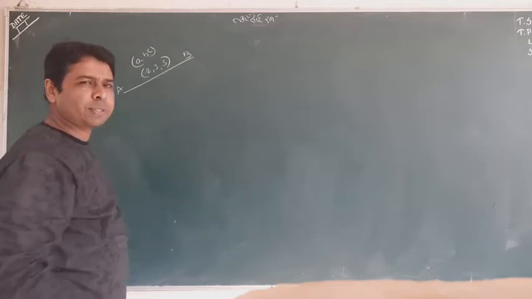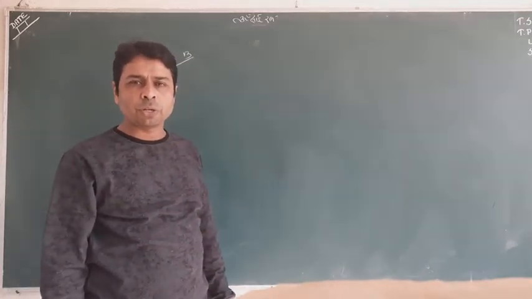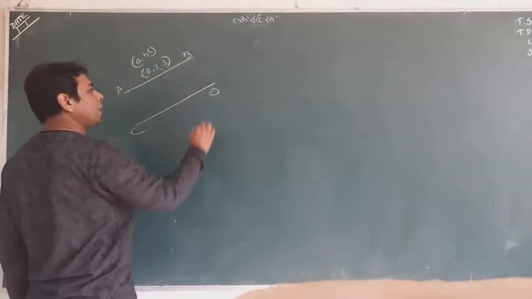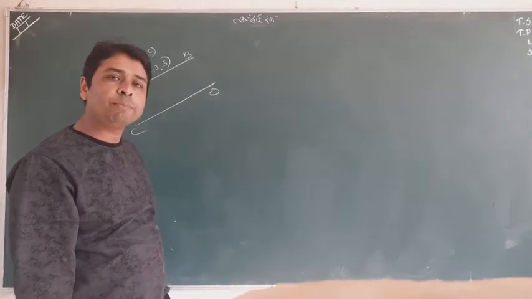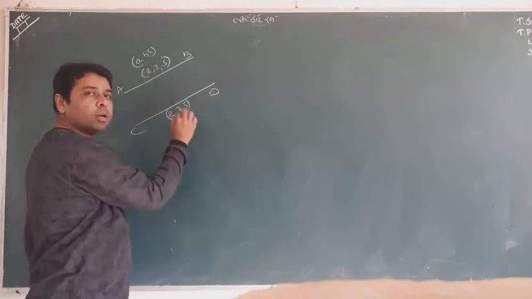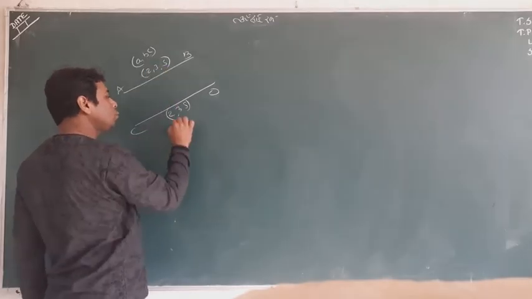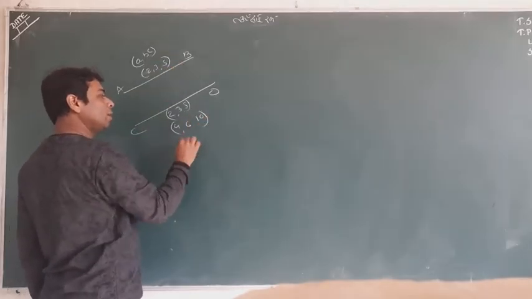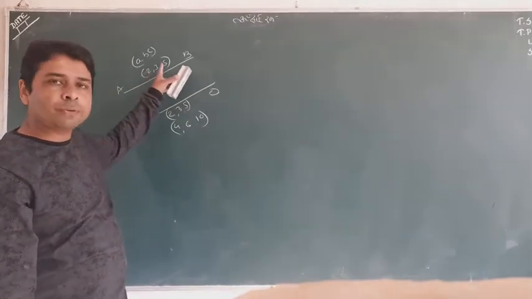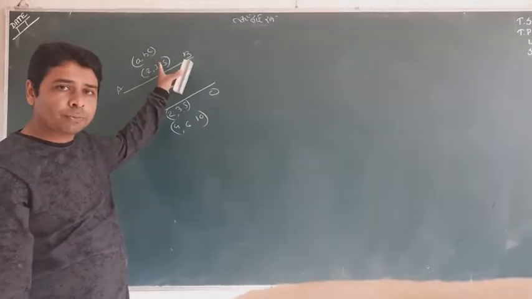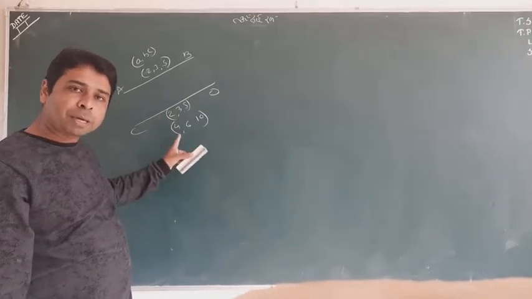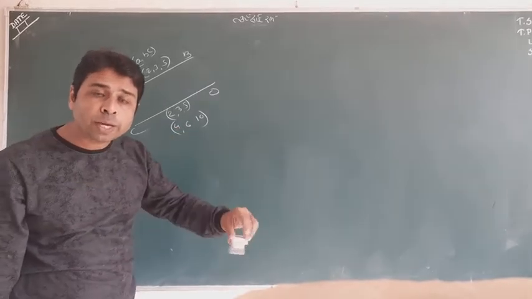Okay. So one thing I want to tell you about ratios. Suppose three numbers 2, 3, 5 are the direction ratios of AB. If we talk about its parallel line, I tell you a very important thing: the ratios of CD may be equal to 2, 3, 5 or proportional, like 4, 6, 10. If direction ratios of AB are 2, 3, 5, direction ratios of CD may be 2, 3, 5 or proportional. Whatever you wish to take, you can.